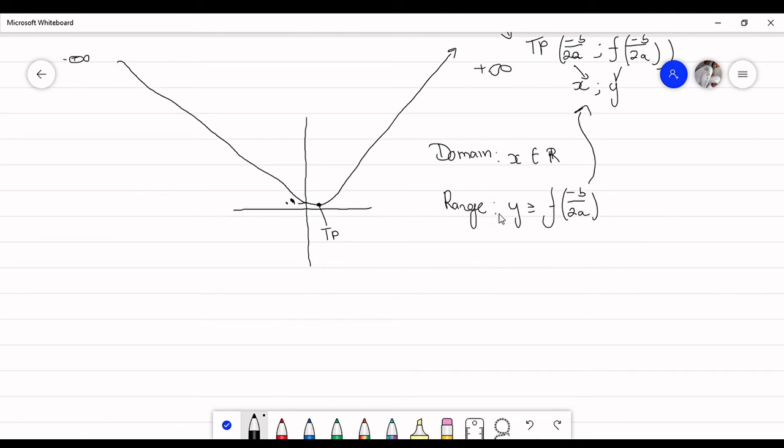So therefore, the range could be y is equal to or greater than f at negative b over 2a, or y is equal to or less than f at negative b over 2a. Remember, this is the y coordinate